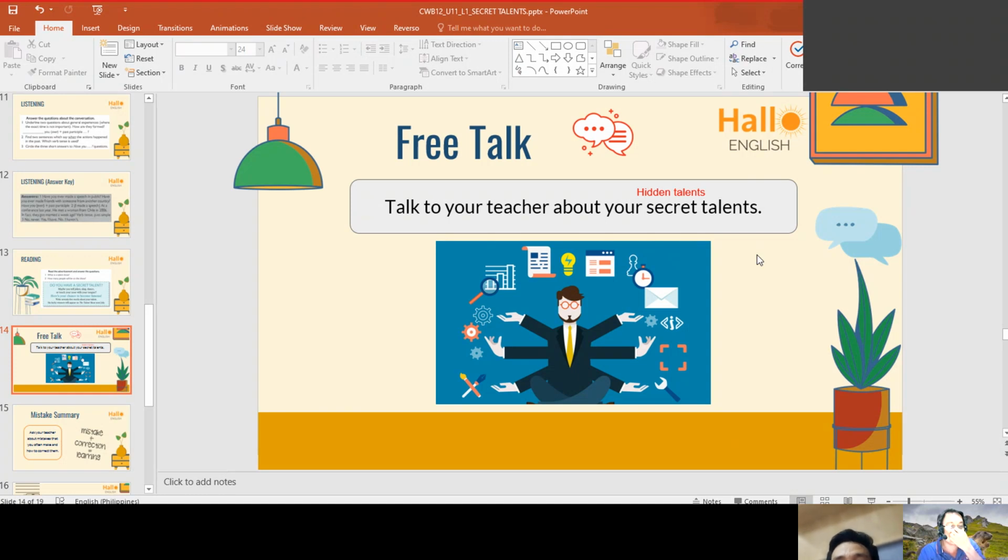If you are the only one in your room, you can sing well, you can dance well, but in front of people, you cannot do that. That would be a secret talent, or what we call a hidden talent. But sometimes we need to cultivate it and show it to other people, because if we cultivate and improve that talent, we can use it in the future.